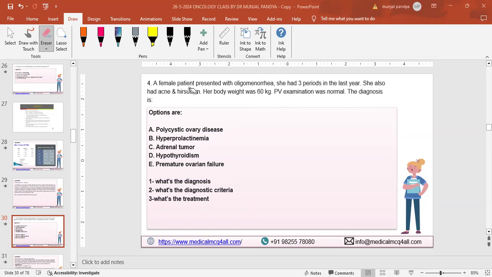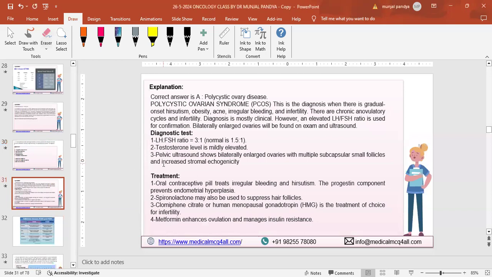FSH is increased. And LH? FSH increased, okay, fine. So LH: normal, increased, decreased? You should know, na? If they give you the scenario of a polycystic ovarian disease patient, what is the FSH LH value? FSH LH normal, FSH high LH low, FSH LH both low, FSH normal LH high? Then how do you answer? This is an MCQ. I have hundreds of MCQs, so go and read them later on. Don't worry.